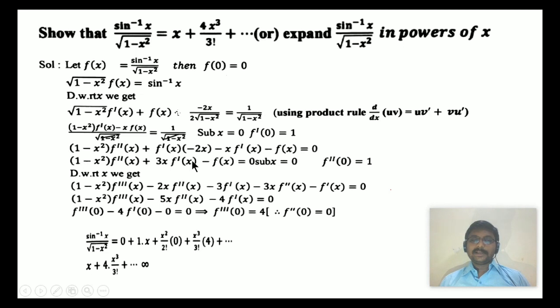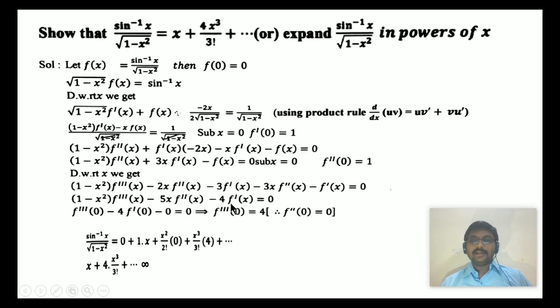Now again differentiating with respect to x, using product rule, 1 minus x square kept silent, f double dash of x derivative is f triple dash of x. f double dash of x kept silent, 1 minus x square derivative is minus 2x. Same applied to the next term also, that is using product rule. And the last term, negative f of x derivative is negative f dash of x. Right hand side 0 derivative is as it is 0. Now simplifying on the left hand side and putting x equal to 0 using the values f of 0 is 0, f dash of 0 is 1, f double dash of 0 is 1, we will get f triple dash of 0 value. Thus f triple dash of 0 value is 4 here.